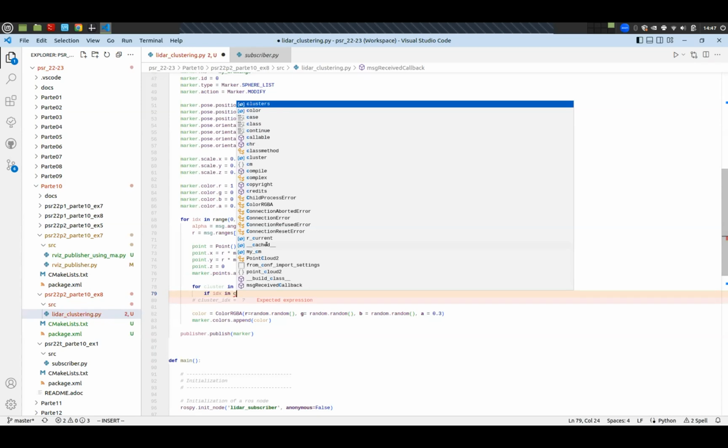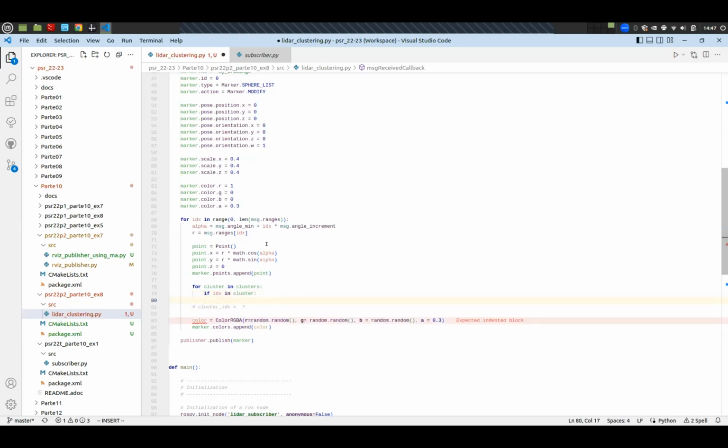So this will allow me to automatically know if the point exists inside the list of that particular cluster. So if my index is 2, what I will do is pick up the first cluster. If 2 is inside this list, get true. If it's true, my cluster index